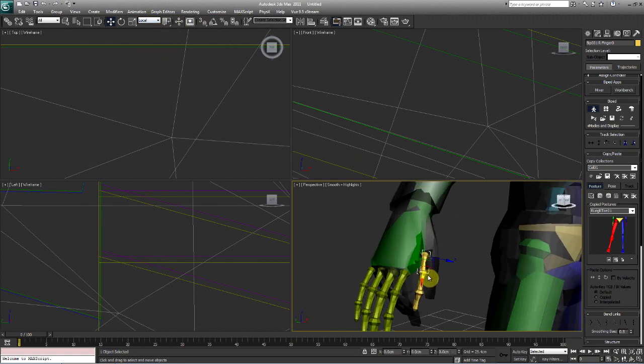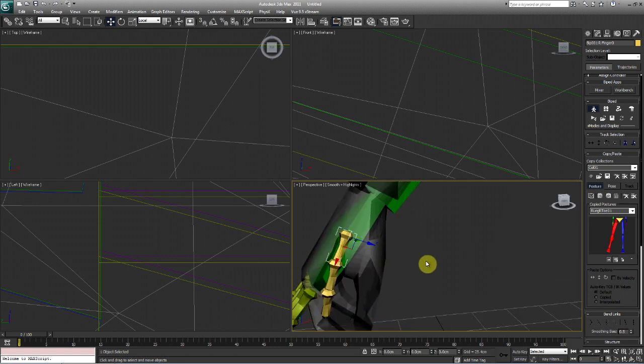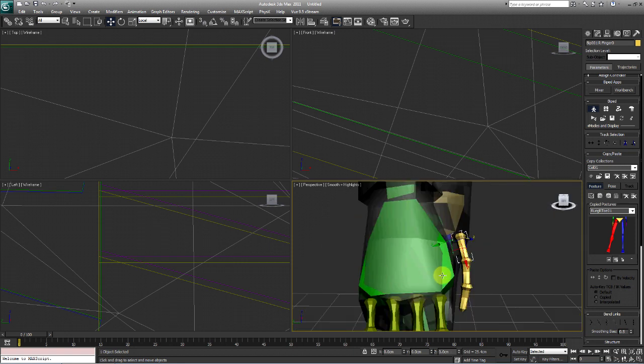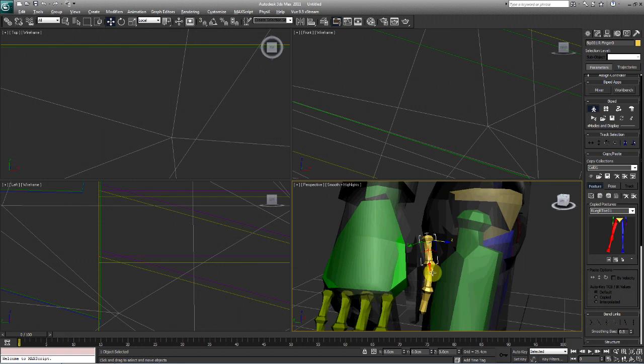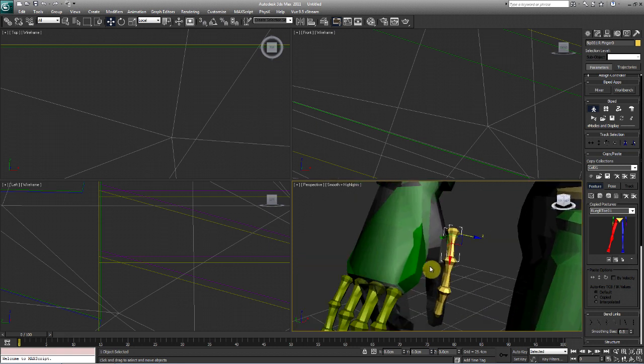The thumb, just like any of the other fingers, can move the same exact way like the shoulders. Okay, you can move on it. You can virtually move it anywhere. You can move it to the other side of the body. I mean, if you assign the bone to work that way, it would work. So let's go ahead and work on that.